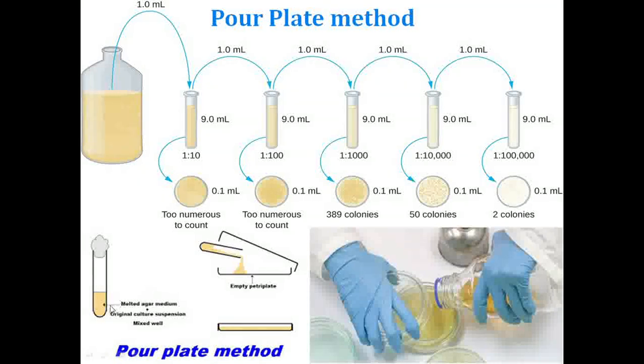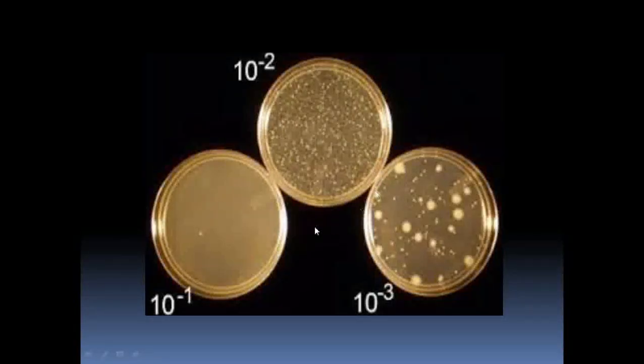Why will they be in the embedded form? Because you have directly put the cells into the suspension medium itself, which has allowed the entry of your cells wherever they can get the chance to enter, right? This is the actual image of how we can perform pour plating in front of a burner. This is a burner and we are trying to pour the culture from a bottle into the petri plate.